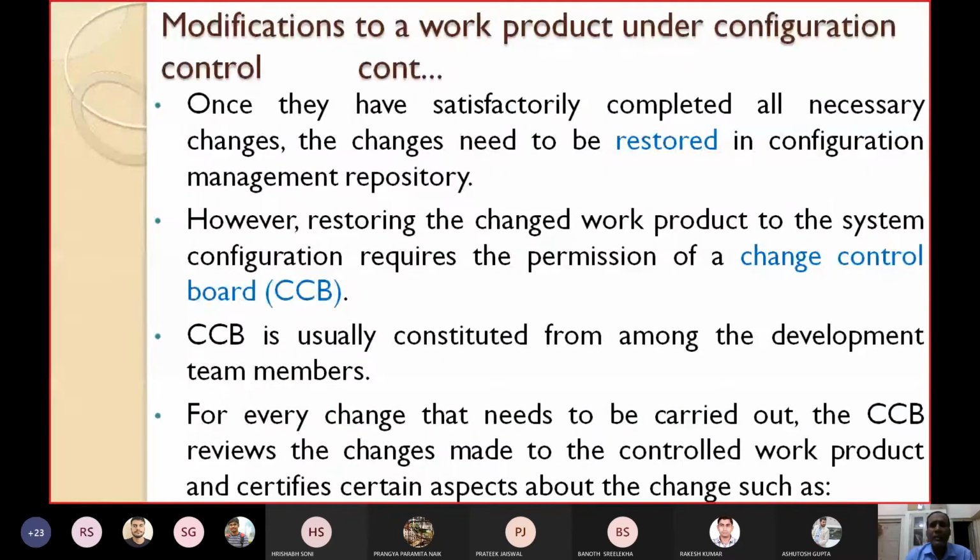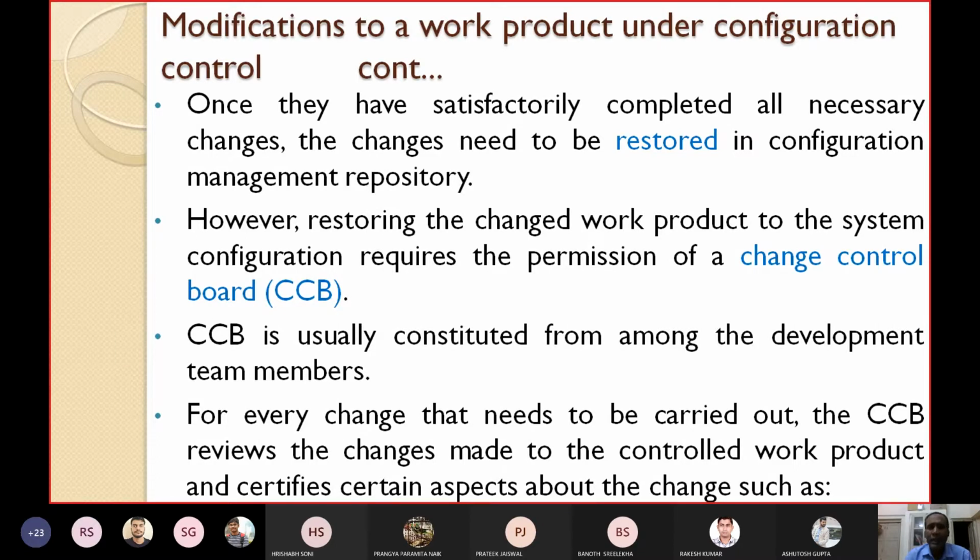Once the developer has satisfactorily completed all necessary changes, the changes need to be restored where? In the configuration management repository. However, this restoring cannot be done directly. It requires some permission. The permission is required from where? Restoring the changed work product to the system configuration requires the permission of a change control board. Every software organization has a board called a change control board.